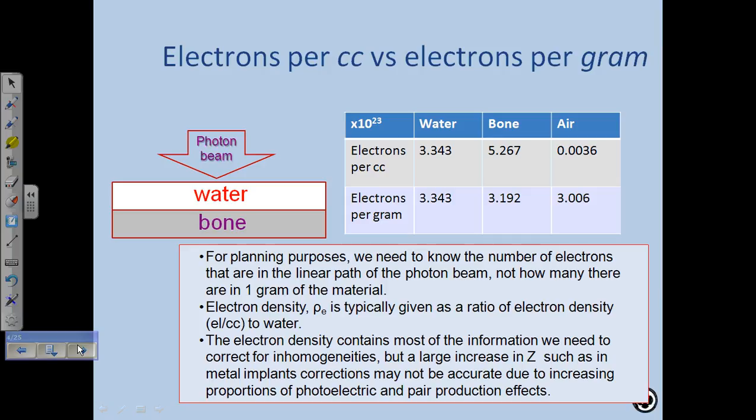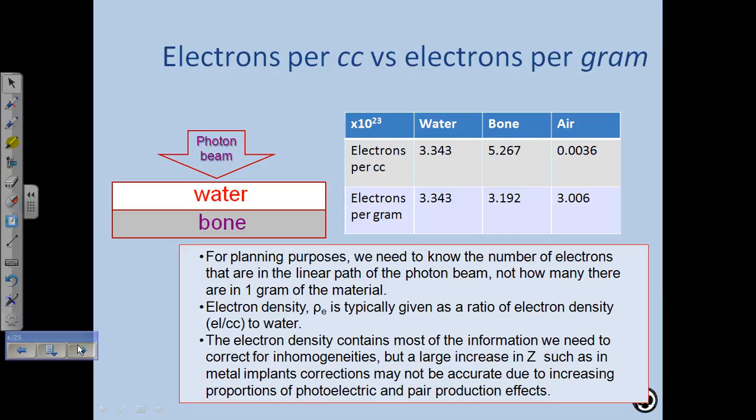Can you flip over there one sec? Let's find out. I think they give you electrons per gram in the table. At the top of that, I think they're mass attenuation coefficient tables. Yeah. Okay, and at the top, You give us electrons per kilogram. yeah, electrons per mass. So electrons per kilogram, and if you go across and you look at the different materials,